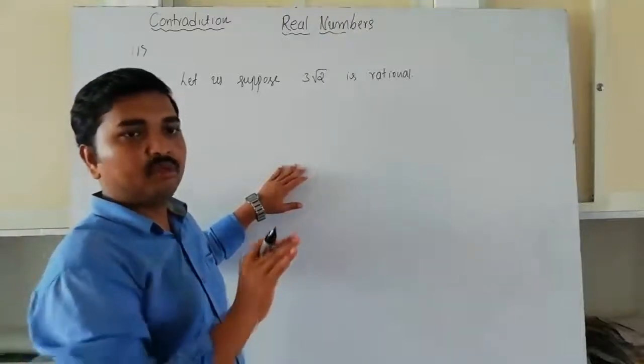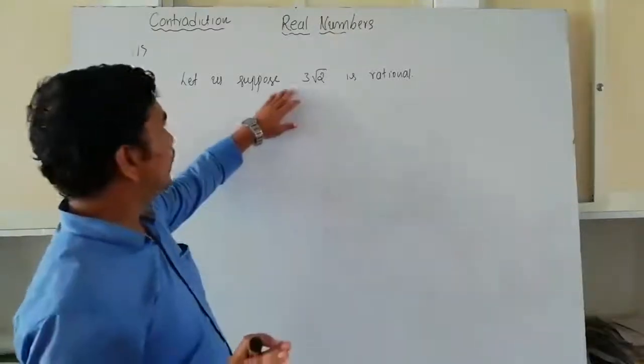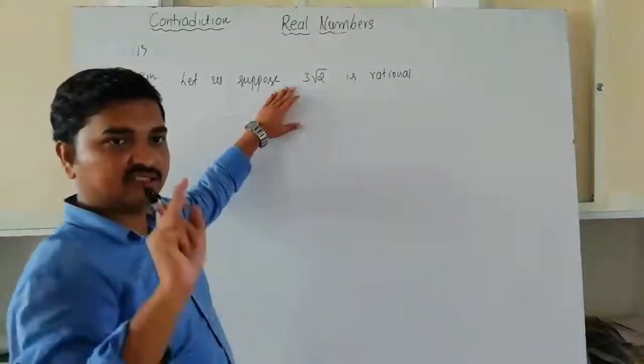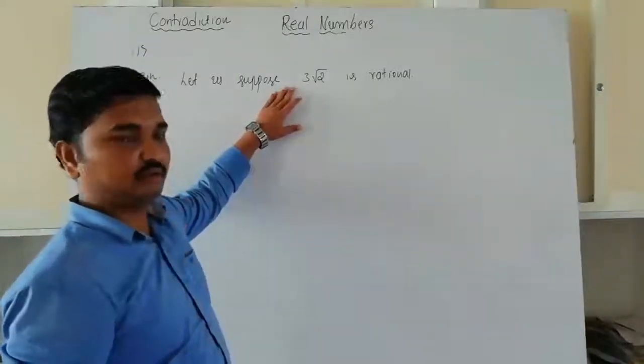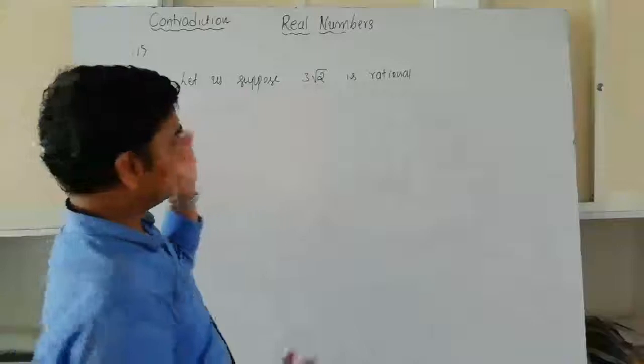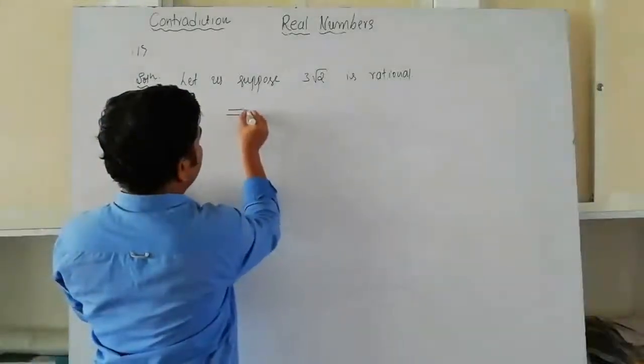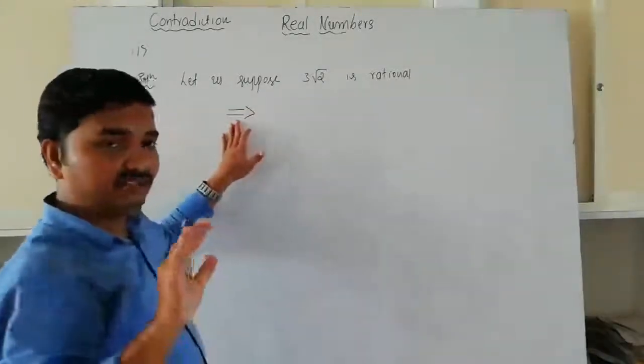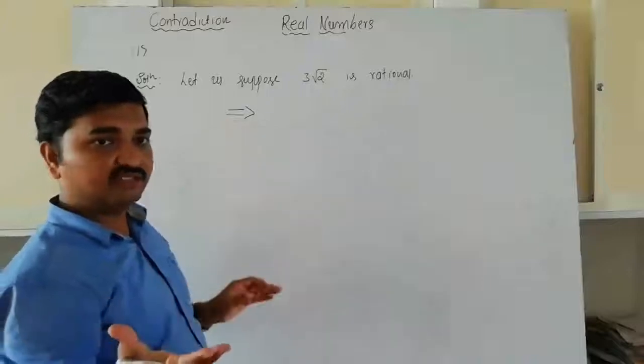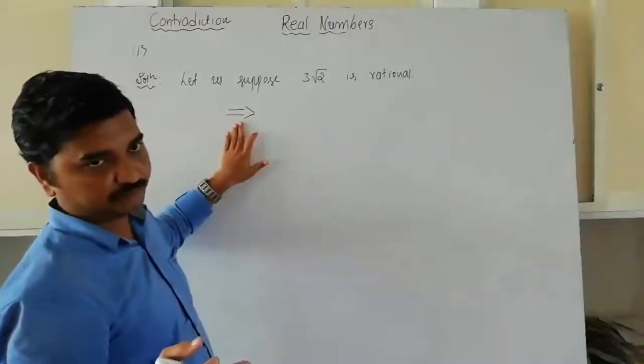That's why you will not get any marks if you don't write this sentence. Okay, this sentence is mandatory, necessary. So next, in the next slide, this implies. This is the symbol implies. It is not "is equal to". "Is equal to" is different, "implies" is different.